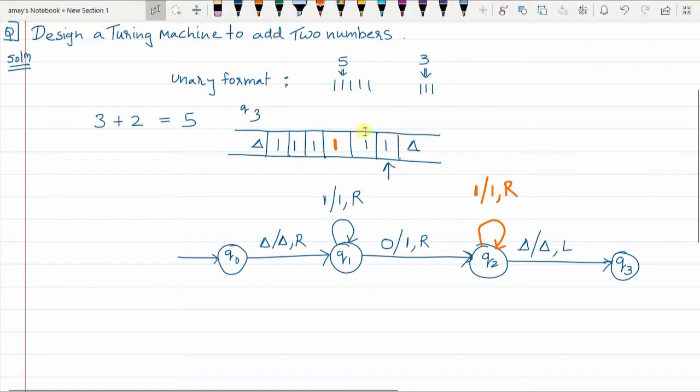So now we know that the pointer is pointing to the last one. Now if you see the number of ones on the tape, we have 6 ones and the answer should be 5. That means one should be less. This is the extra one. So what we are going to do now, this extra one, we are going to wipe this off. We are going to replace this one